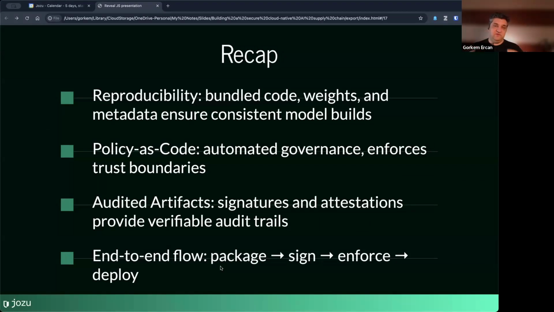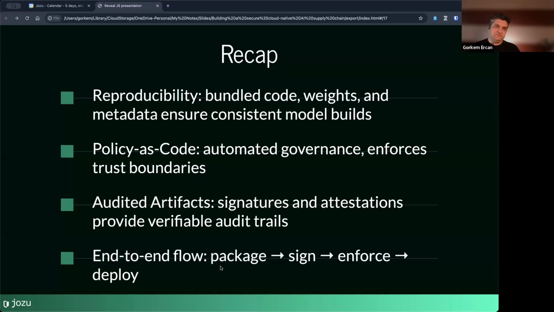And because the OCI artifacts are immutable, it encourages reproducibility as well. So you don't have to worry about where the data was, where it went, or which code was used to create these weights. Because they are packaged together in an immutable package, you never lose that relationship between the different artifacts that are part of the ModelKit.